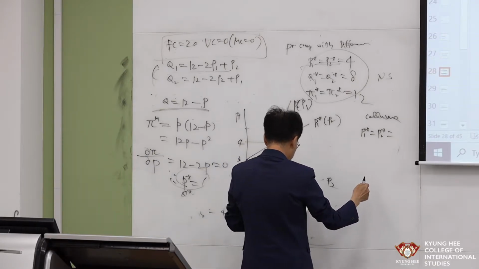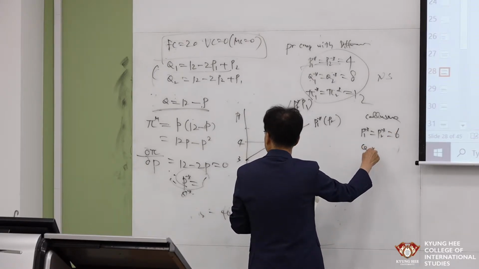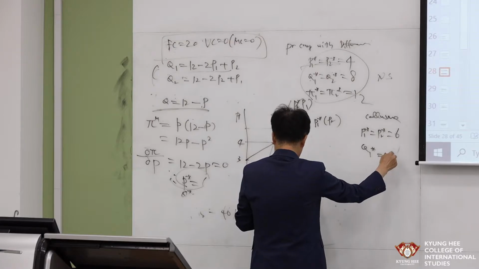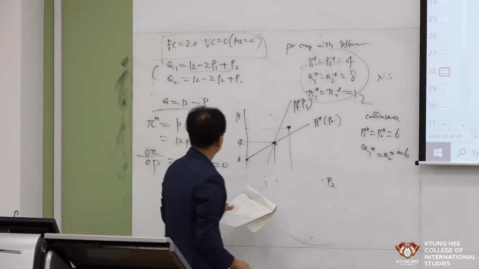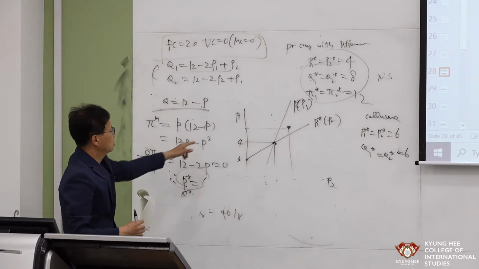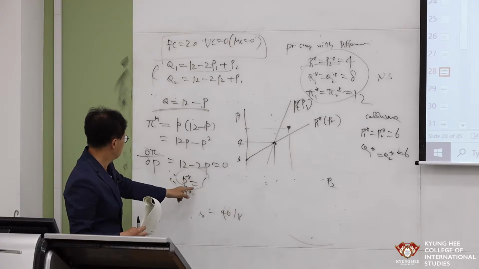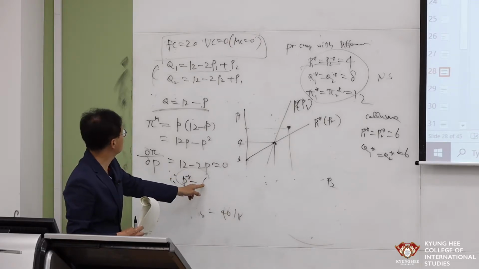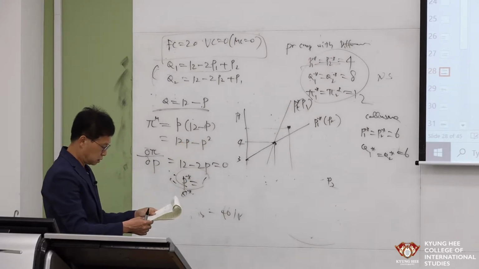P1 star or P2 star $6, and Q1 star, Q2 star also 6. Am I correct? 12, 6, 6. So P1 star, P2 star is 6. Then Q1 star, Q2 star was